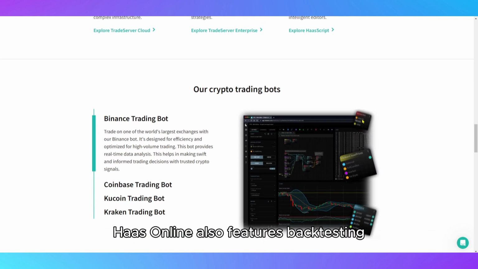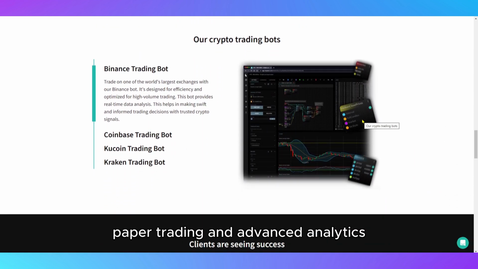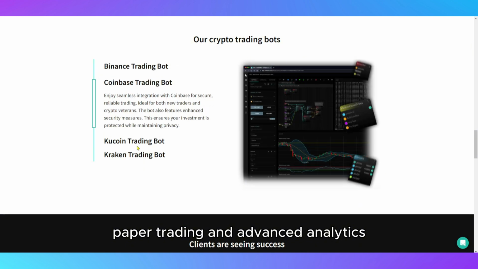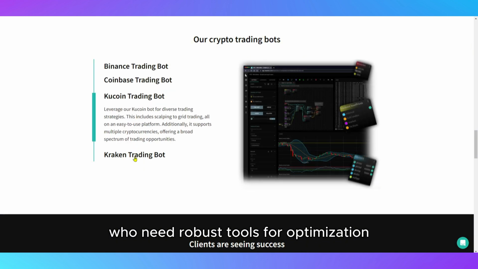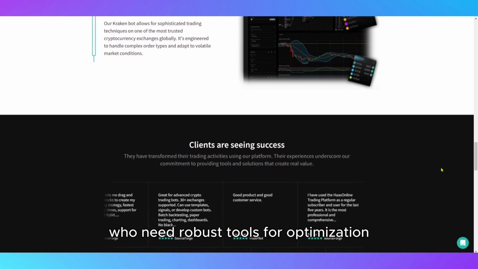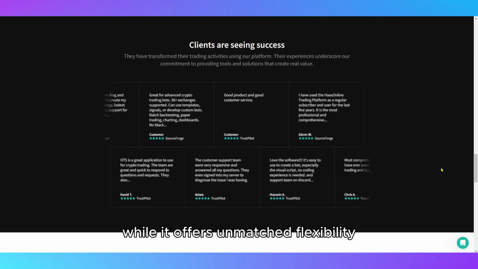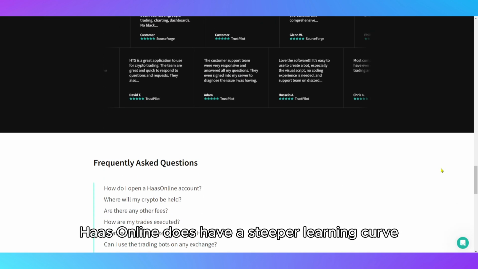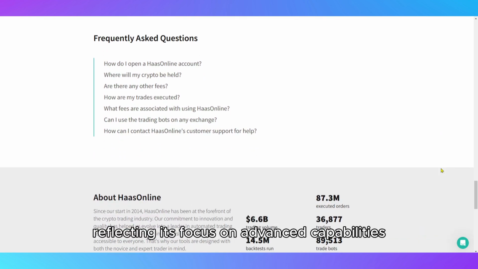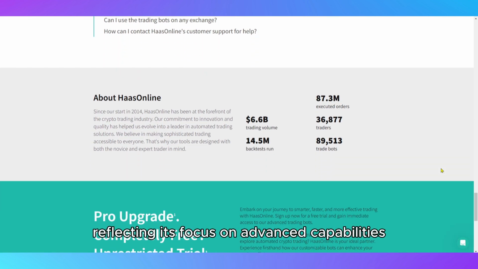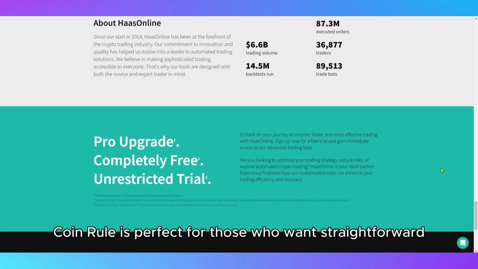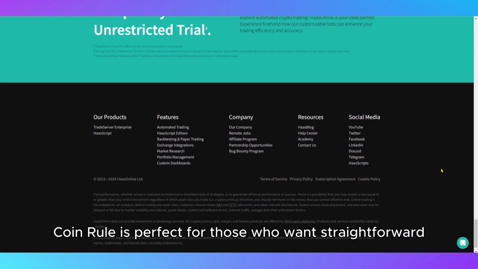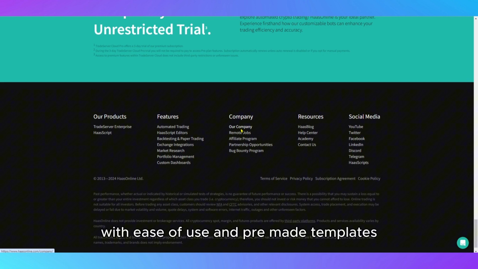HaasOnline also features backtesting with historical data, paper trading, and advanced analytics, which appeal to professional traders who need robust tools for optimization. While it offers unmatched flexibility, HaasOnline does have a steeper learning curve and higher pricing, reflecting its focus on advanced capabilities. In summary, Coinrule is perfect for those who want straightforward rule-based trading with ease of use